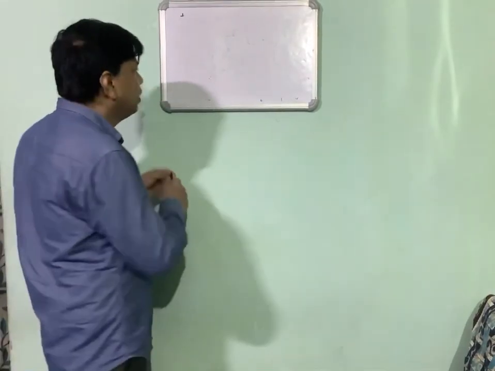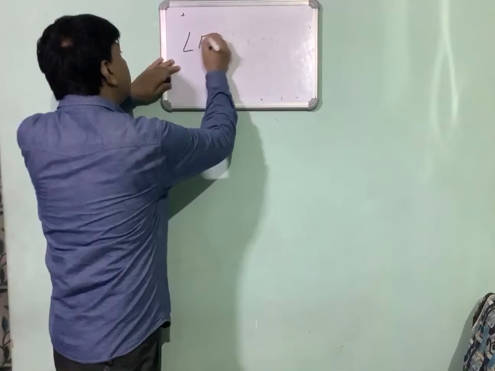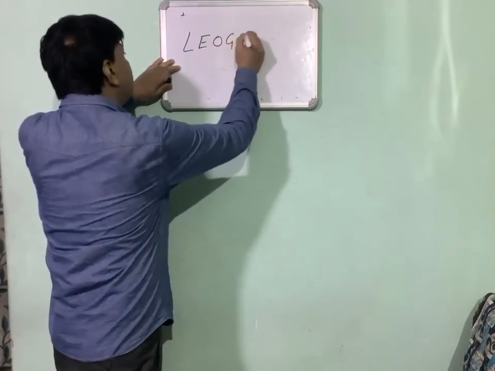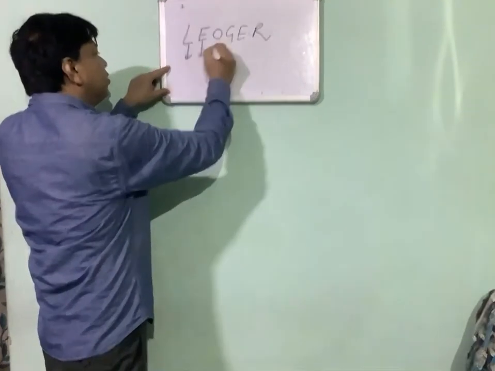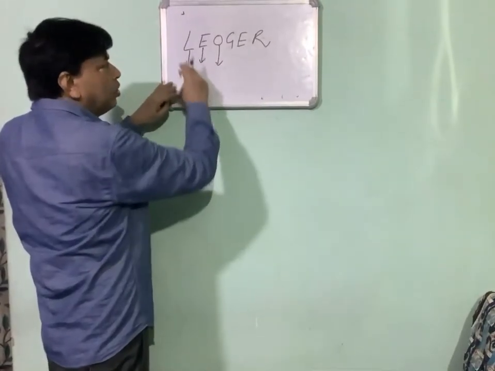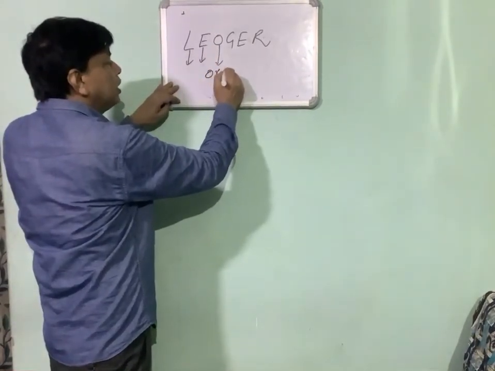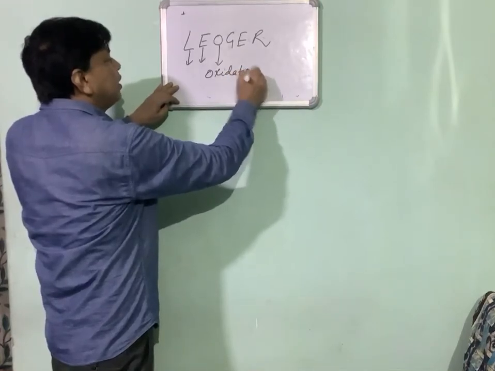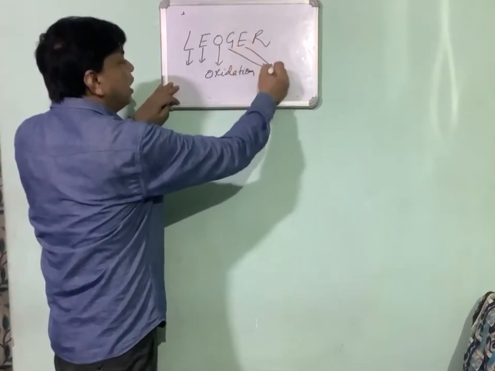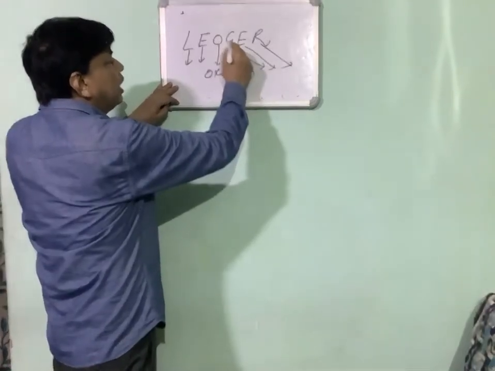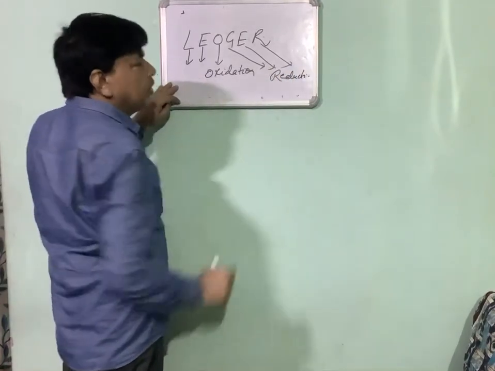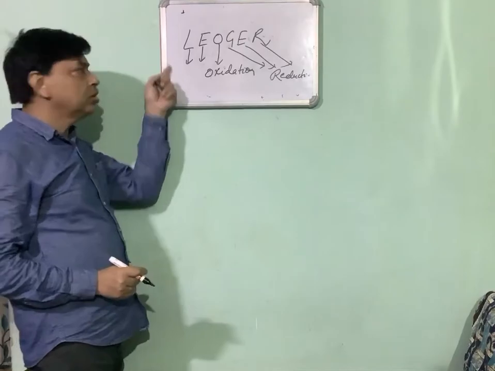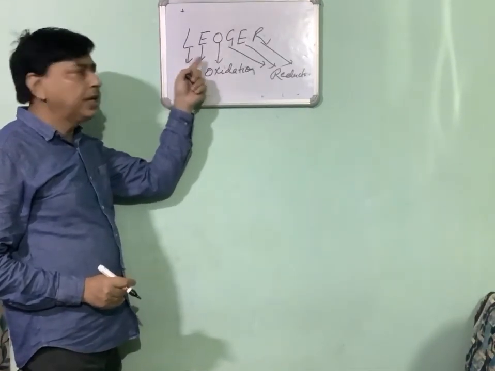Second definition is also that is LEO GER. LEO GER is the modern concept. L means loss, E means electron, O means oxidation. So loss of electron is called oxidation, and G means gain, E means electron, and R means reduction. So gain of electron is called reduction. So in the modern concept, the second definition is loss of electron is oxidation and gain of electron is